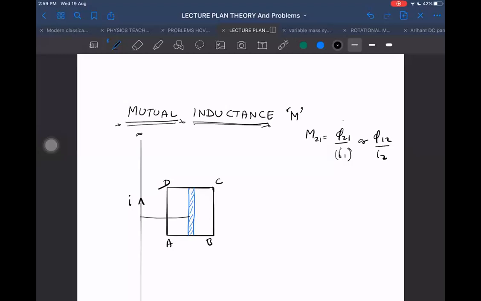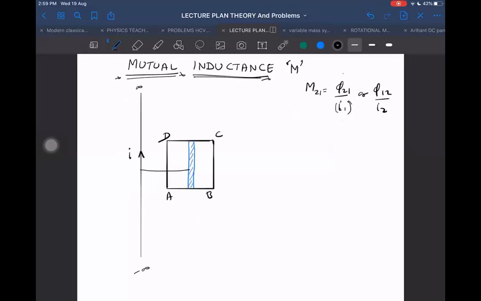We are going to use it to our advantage to find out the flux in this blue colored area element. Let us say it has some height h and radius r, and take the width as a, and the closer distance as b. So a, b and h. r varies from what to what? r varies from a to a plus b. I think this integration we did before.